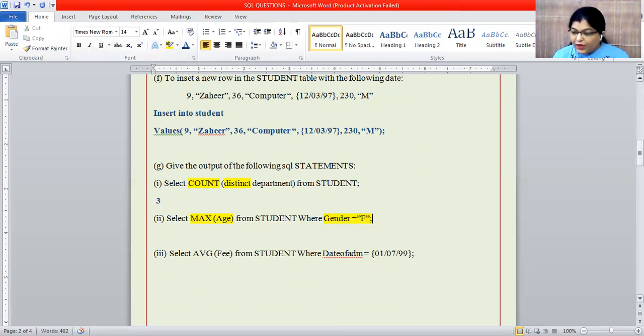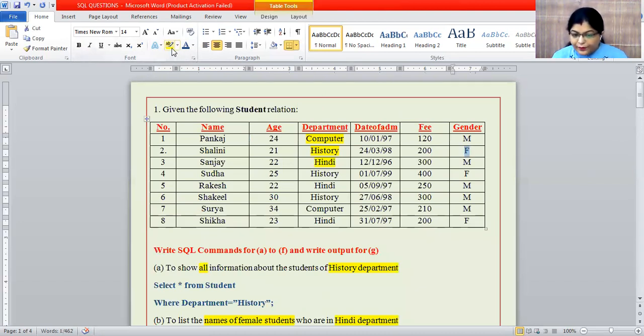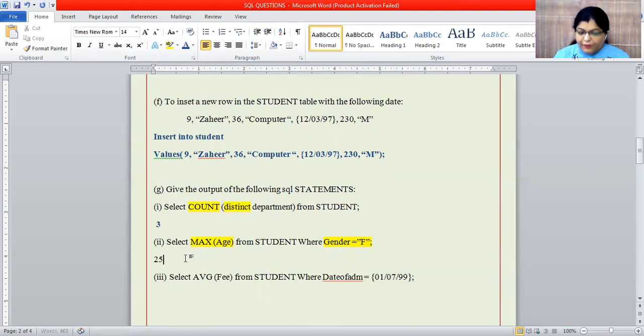So you have to check where the gender is female. One is here, second is here, and third is here. So just check: it's 21, it's 25, it's 23. So maximum is 25. The answer is 25. Got it? In this way, you can give only the output.